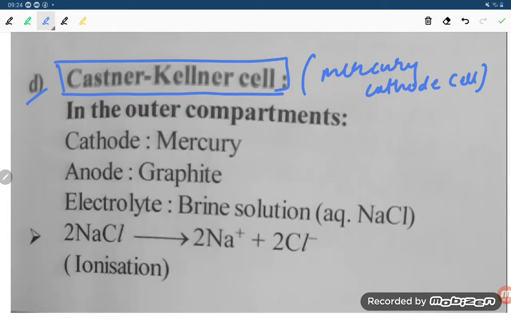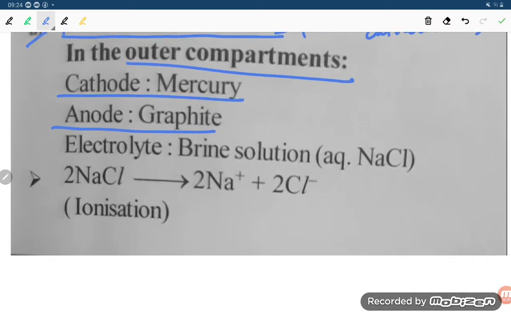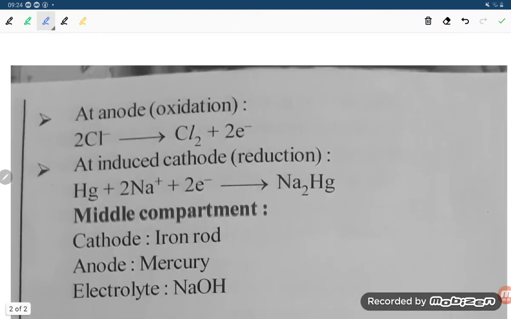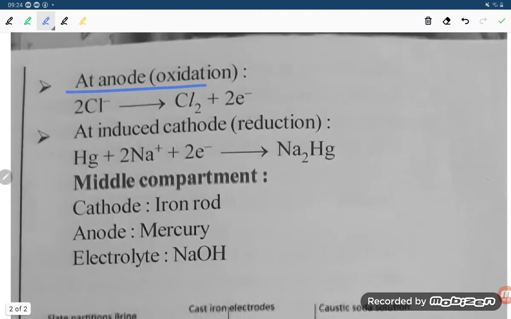First one is the outer compartment. In the outer compartment, the cathode is mercury and the anode is graphite, where you are taking the electrolyte, NaCl solution, which ionizes to give Na+ and Cl-. Now student, what is happening at the anode? We know that oxidation takes place at the anode and reduction at the cathode. So 2Cl- converts into Cl2,